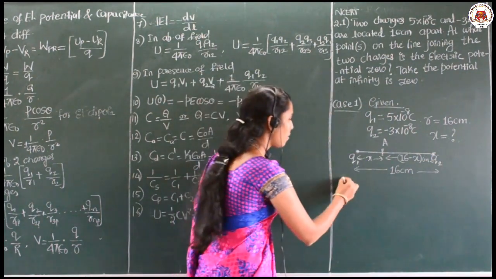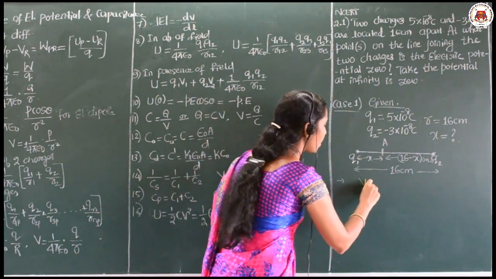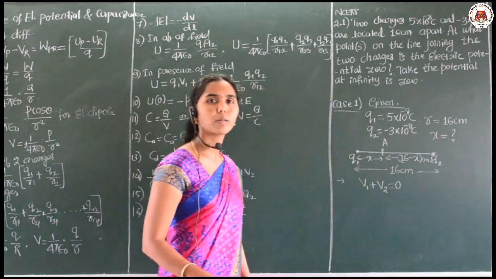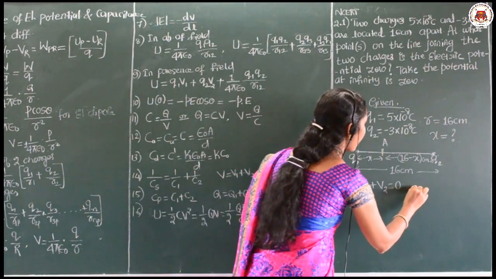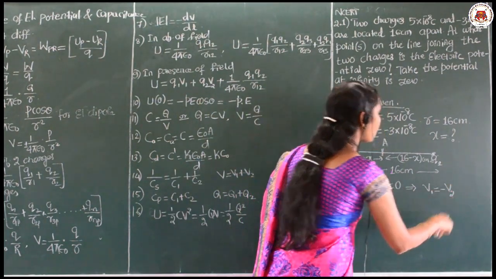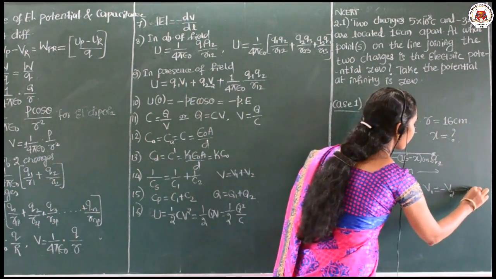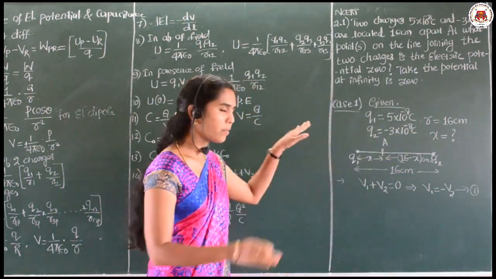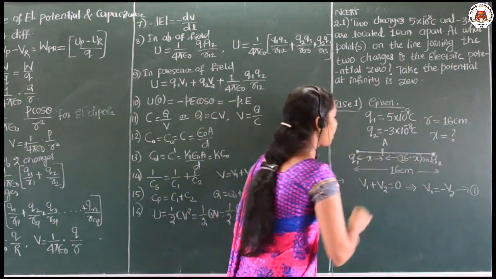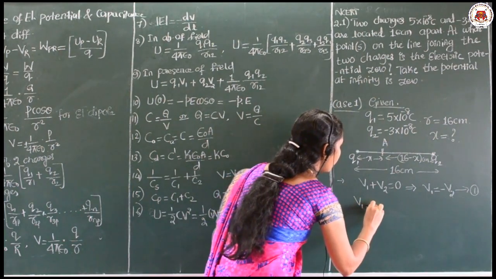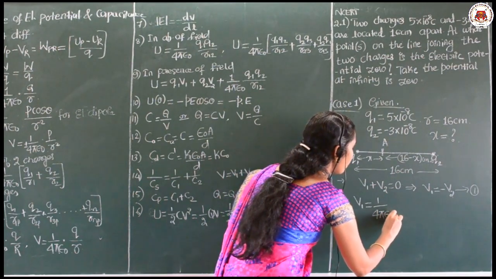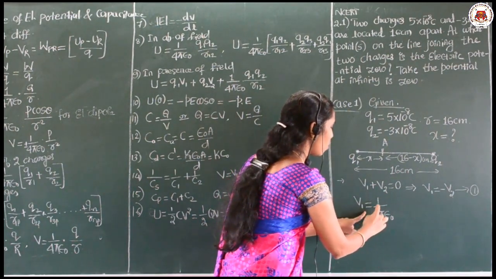Okay. So, the given condition is that the total potential is 0. That implies I can also write V1 is equal to minus V2. Call it equation number 1. From the given we can get it. Then here 2 charges are there. So, V1 is taken as the potential due to charge q1, therefore V1 is equal to 1 upon 4